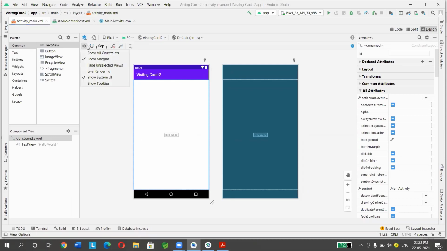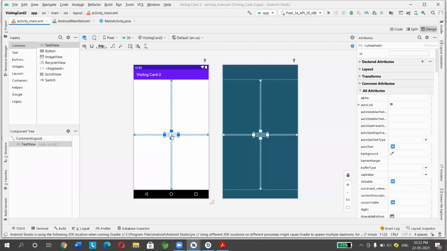So go to view and select show system UI. It will show how the layout will look on your mobile. That means in this part only you need to design your things. This is the layout where you can place your views. There is already one text box here, so I'll delete this.